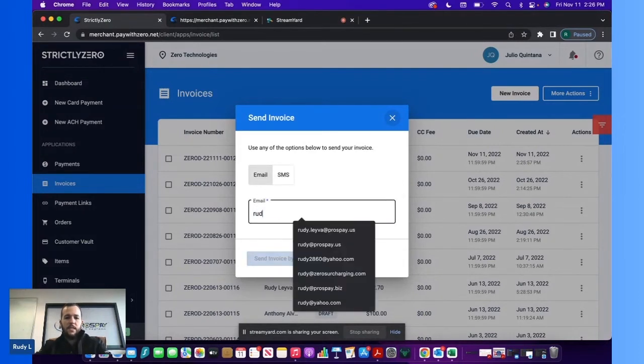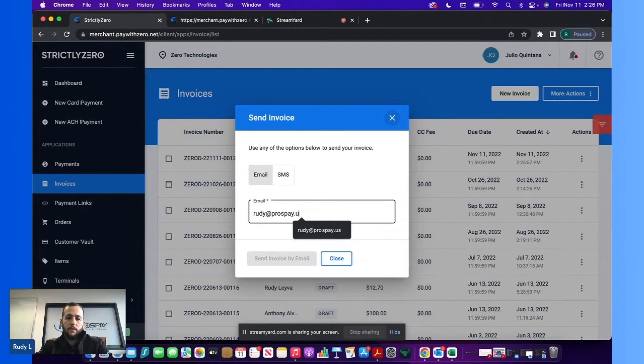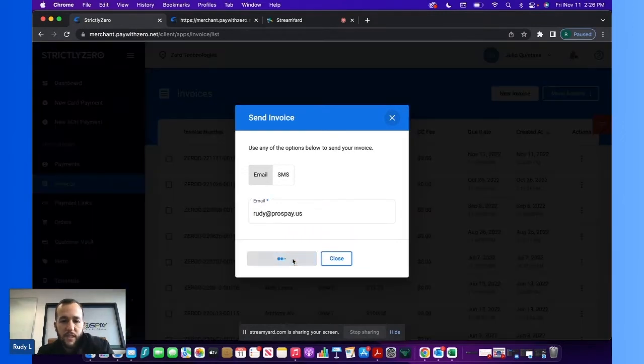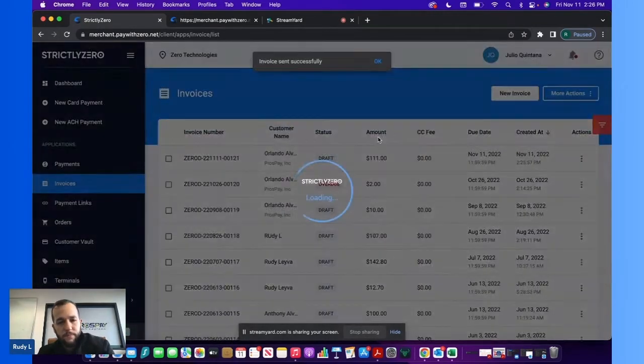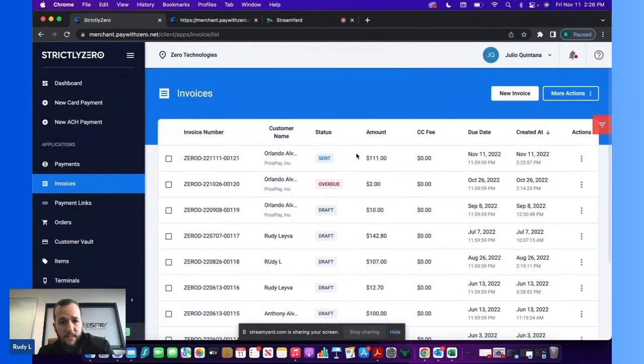So let's say that I'm sending this to myself. You send invoice via email. Invoice gets sent. It shows here that I will send the amount that we're requesting. When the client receives this invoice and makes the payment on their end, it will automatically post over here, change the status from sent to paid or partially paid if we allow partial payments, or if it's overdue by the